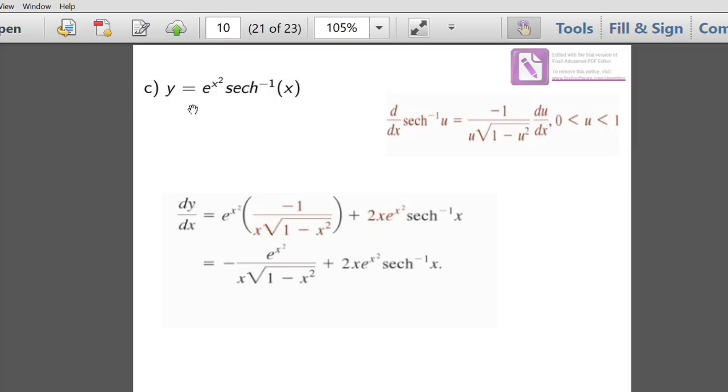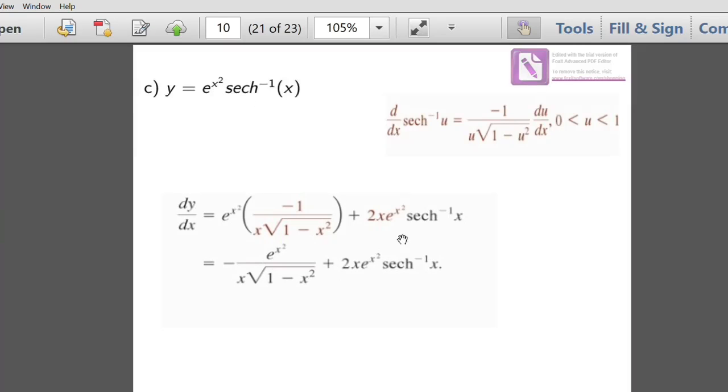See, we have y is equal to exponential of x squared times the inverse of hyperbolic sec x. So given that the derivative of the inverse of hyperbolic sec is minus 1 over u square root of 1 minus u squared du over dx. So now if we want to differentiate this one, we need to use the product rule. First, let us find the derivative of the inverse of hyperbolic sec. It will be minus 1 over x root of 1 minus x squared, multiplied by exponential